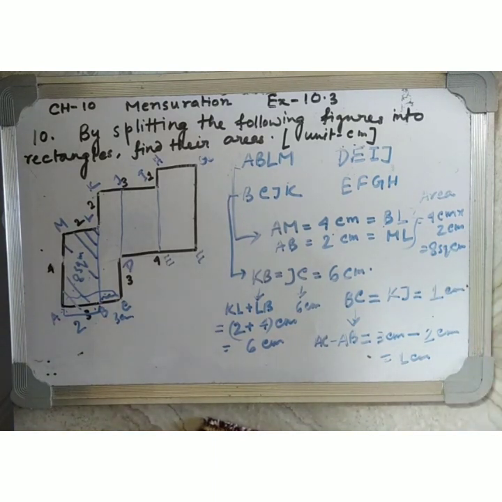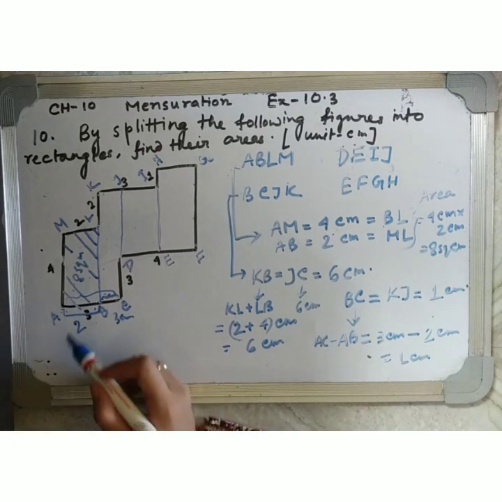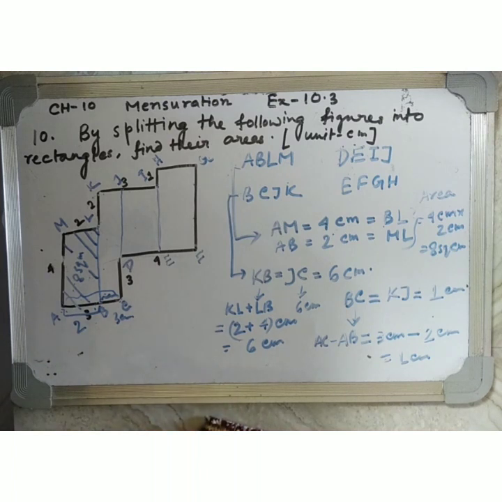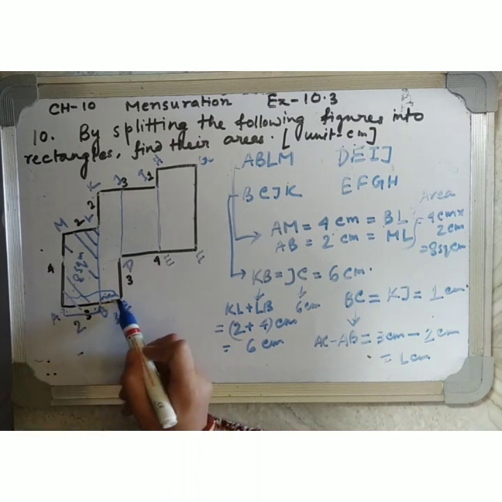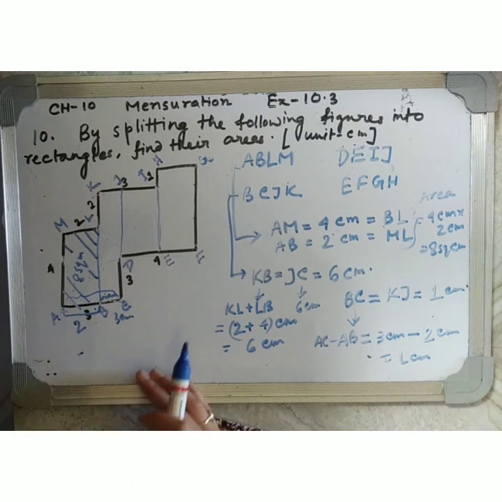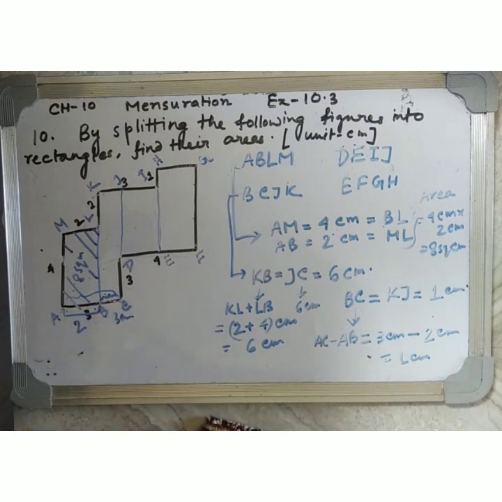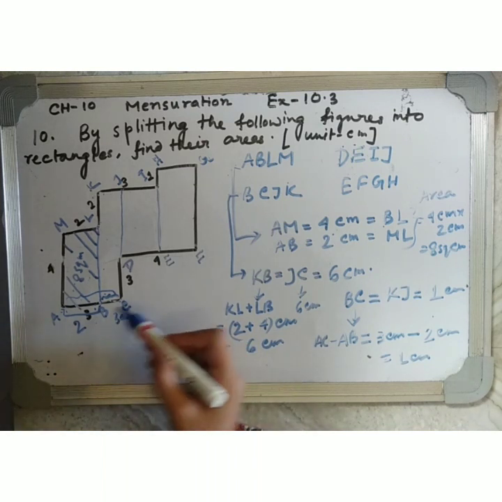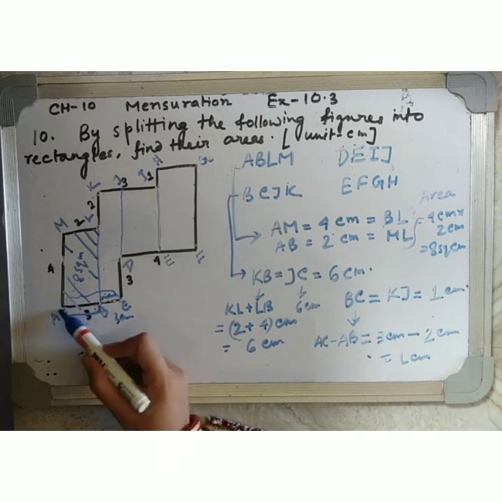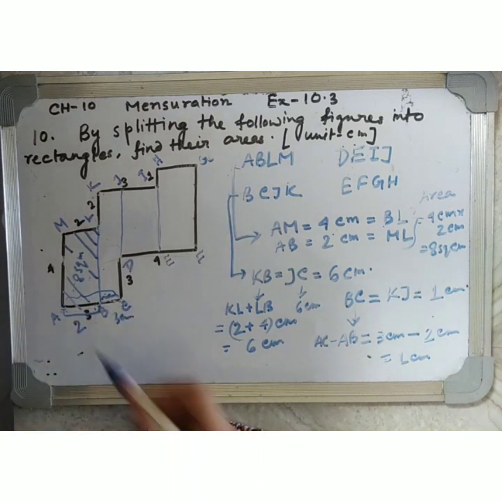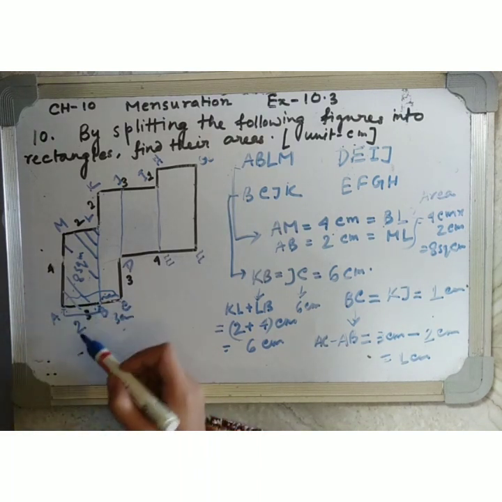Okay, very easy. Now I am repeating. First we have to find the length of AC, which is 3 centimeter. Now for finding the length of BC, what can we do? First we have to know what is given in the question. We have already found the length of AB. Now we know the length of AC. So how can we find the length of BC? We have to subtract AB from the total length, that is AC. AC is 3 centimeter, AB is 2 centimeter.